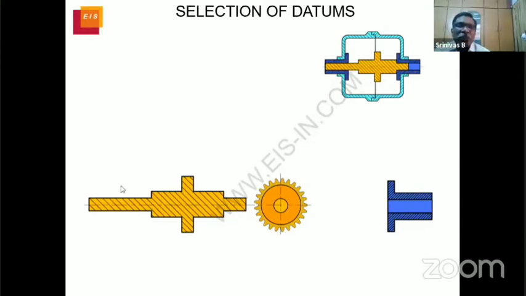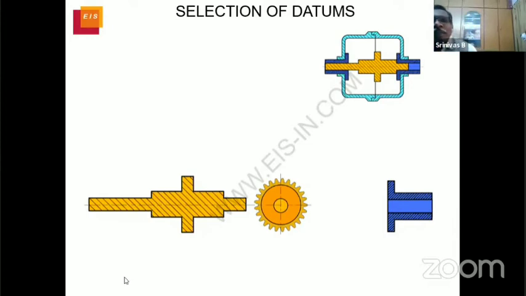It is a stepped shaft and you have a gear here. You see, this is one part. The gear is on this. It is not shown properly. Gentlemen, this is what is here. Now, I would tell you by seeing the assembly, this is important. This is also important. This one up to here is completely important. Do you agree? Therefore, primary datum would be this cylindrical portion, plus this cylindrical portion.